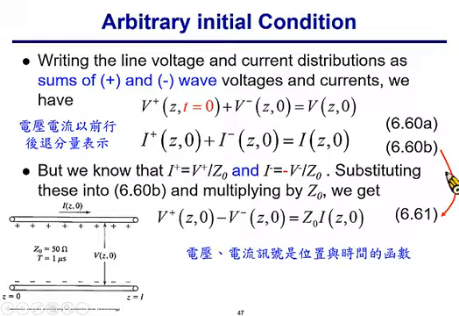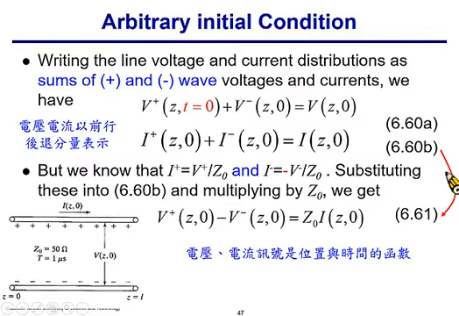Here we are talking about the initial condition. The time instant specified in these two equations is t equals 0, that is the initial time. However, the position z is not specified, which means this relationship should be satisfied at any place on the transmission